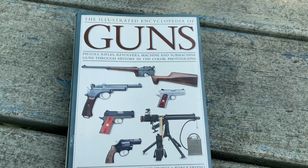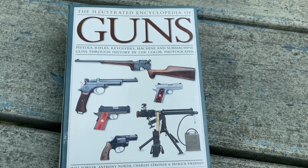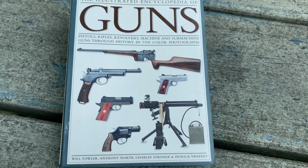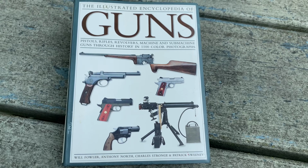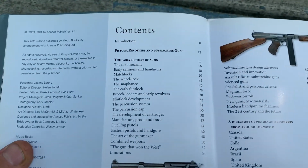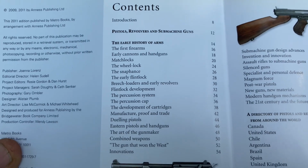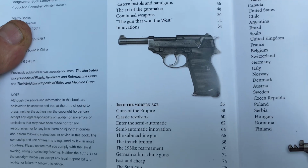So this is the illustrated encyclopedia of guns. It's pistols, rifles, revolvers, machine and submachine guns, rifles, and carbines through color photographs. And so I will show you the table of contents on this one, and then I'll show you one page. So on the table of contents here, you know, pistols, revolvers, submachine guns, just a brief introduction. Then you got the early history of firearms, introduction to the modern age,